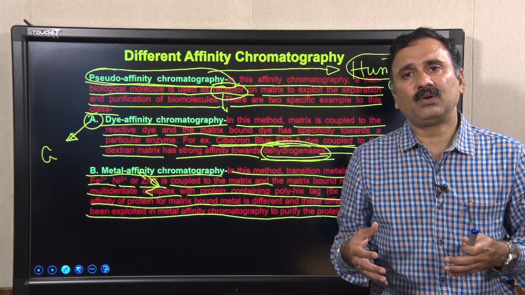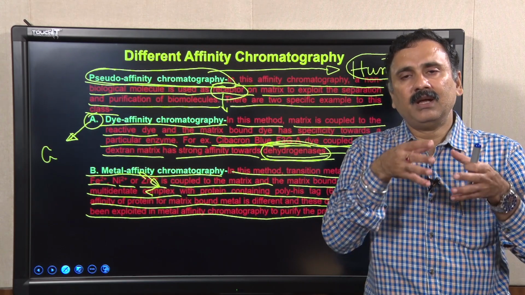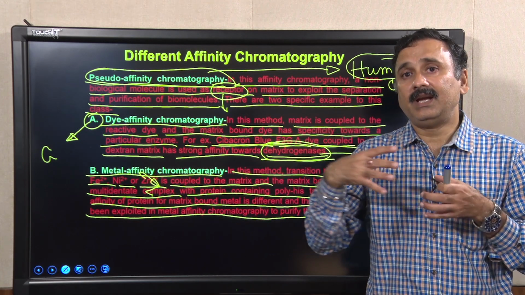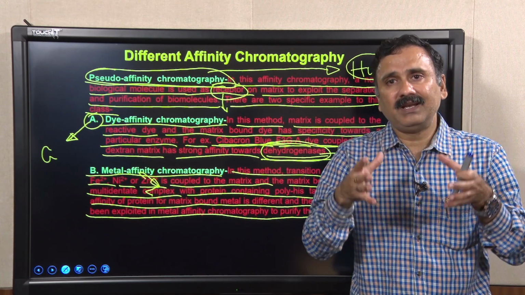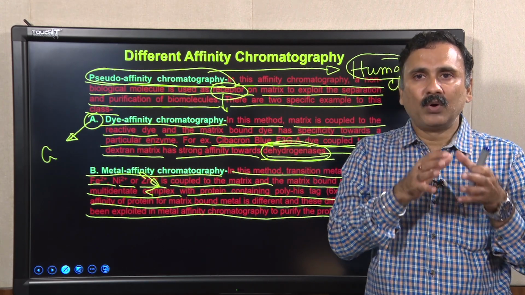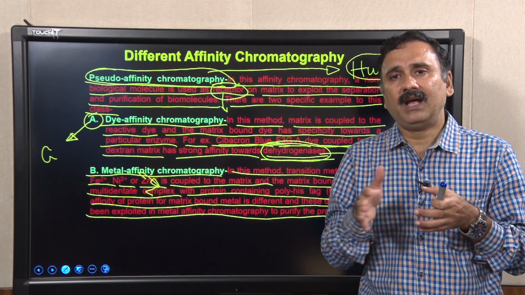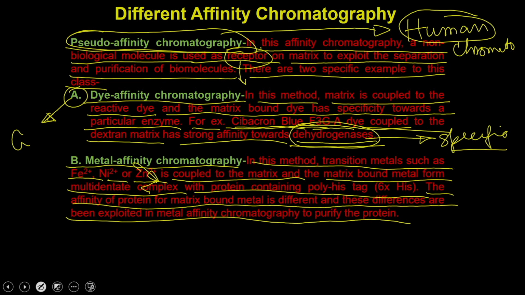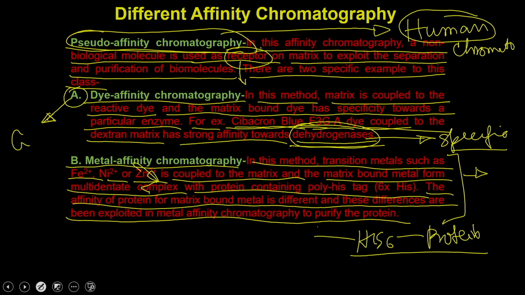In metal affinity chromatography, the metal is coupled to the matrix, and when it couples to the matrix, it acquires a very exclusive affinity for a protein which has histidine tags. That is how you can utilize this affinity chromatography: you put the his tag onto your protein of interest, which means you can produce the protein which has the his tag, and then that is going to bind the beads